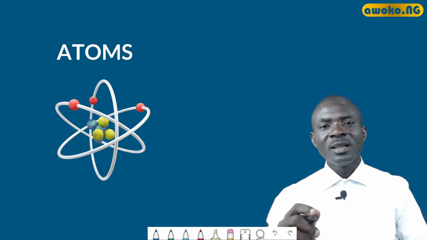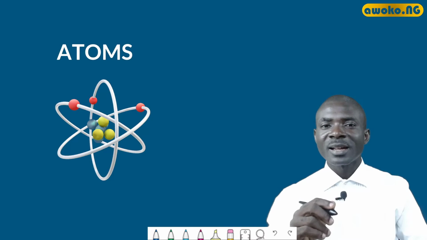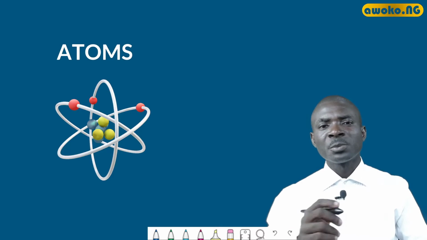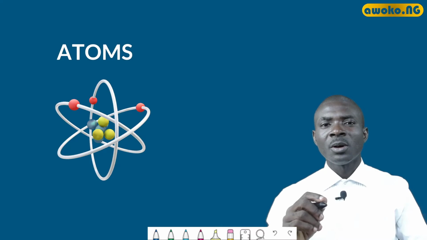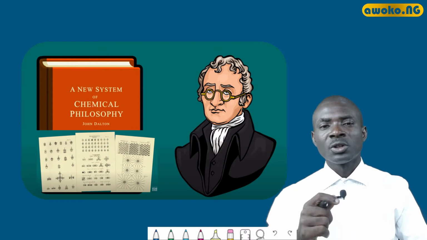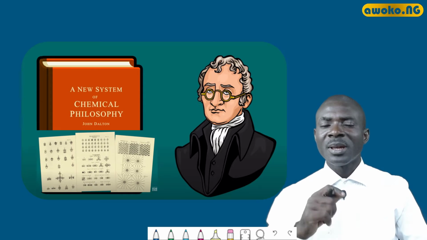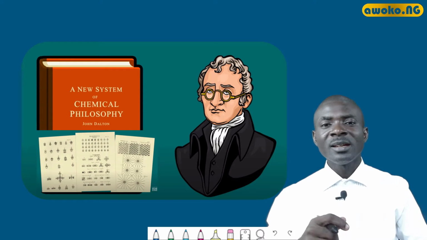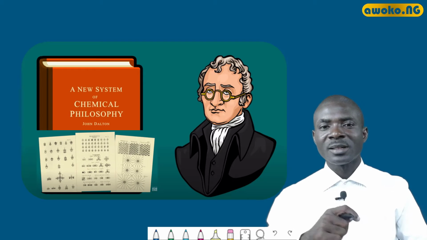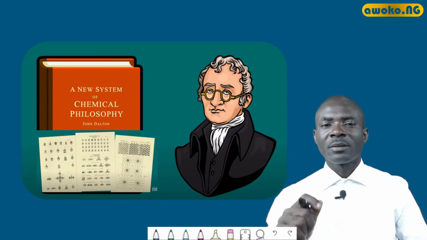Based on that principle, we now have a concept on the atom that says the atom is the smallest indivisible or indestructible particle of an element that can take part in a chemical reaction. This theory was put forward by a scientist called John Dalton in the 19th century, where he was the first scientist to describe or discuss the atom. John Dalton says that the atom is indestructible and it is the smallest particle of a substance or an element that can take part in a chemical reaction.